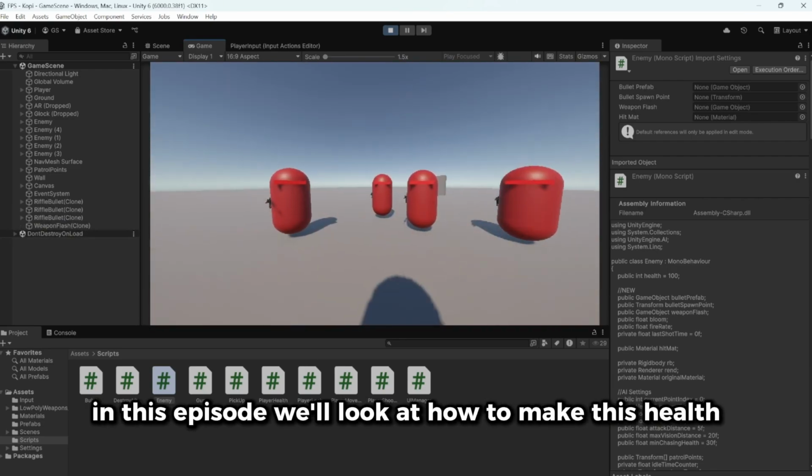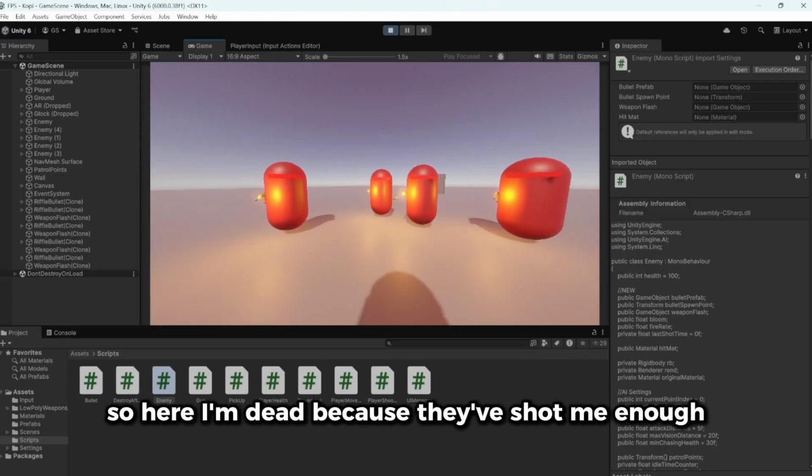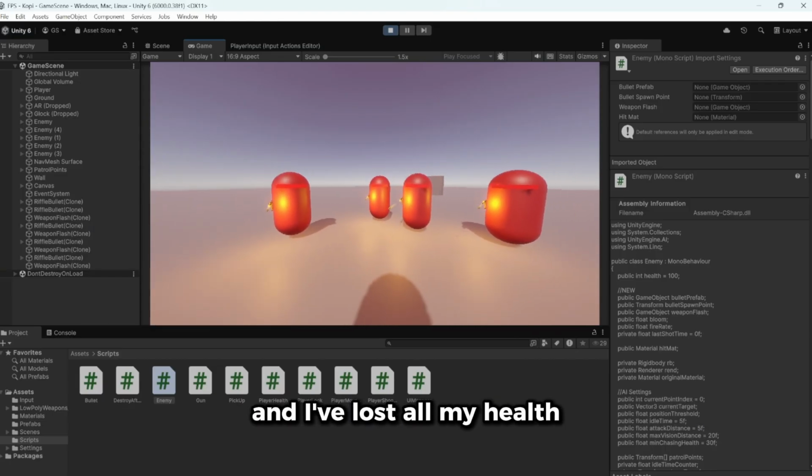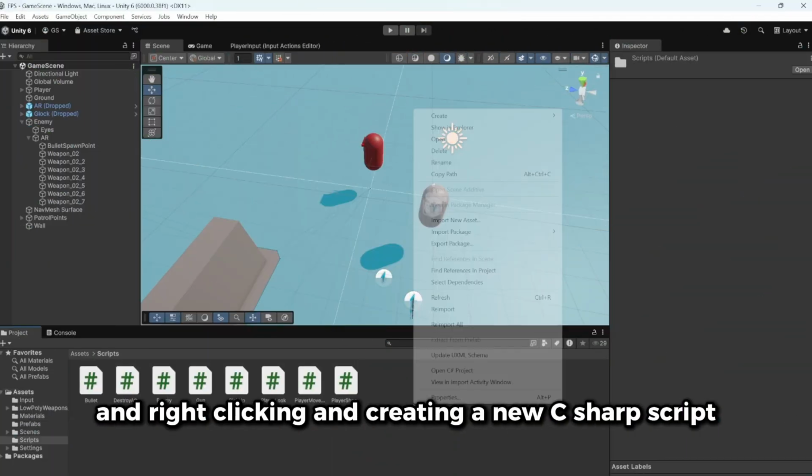In this episode we'll look at how to make this health system. So here I'm dead because they've shot me enough and I've lost all my health. So let's get started. What we'll start off by doing is going to scripts and right clicking and creating